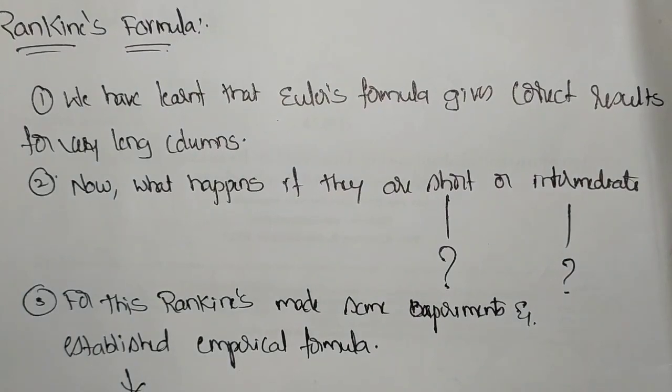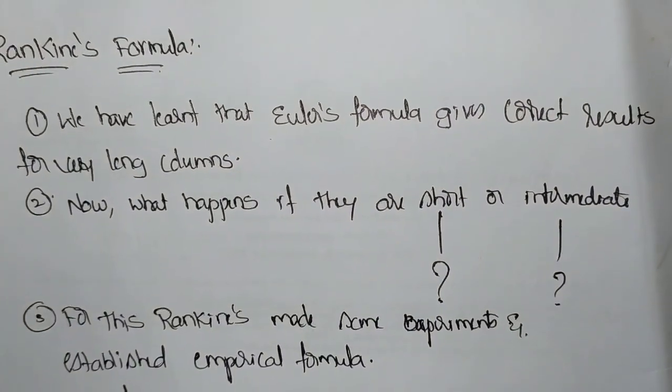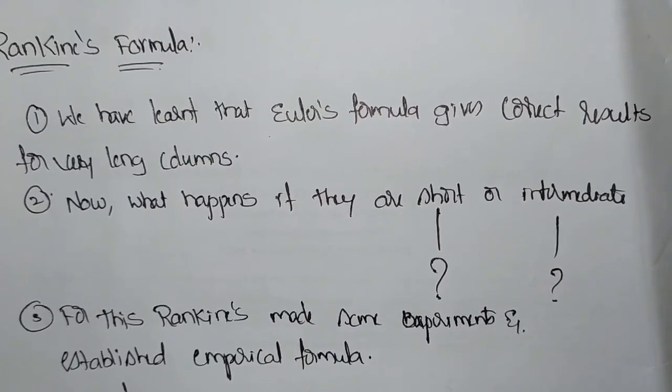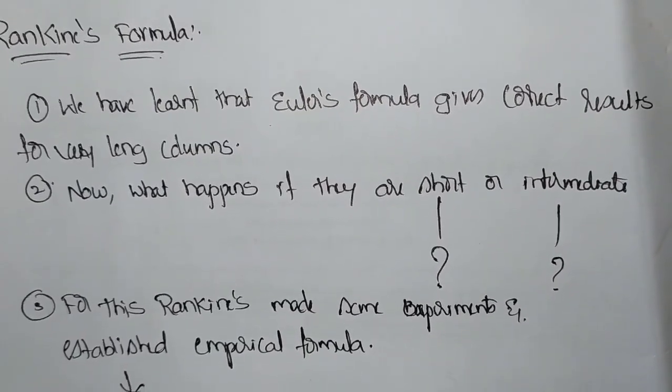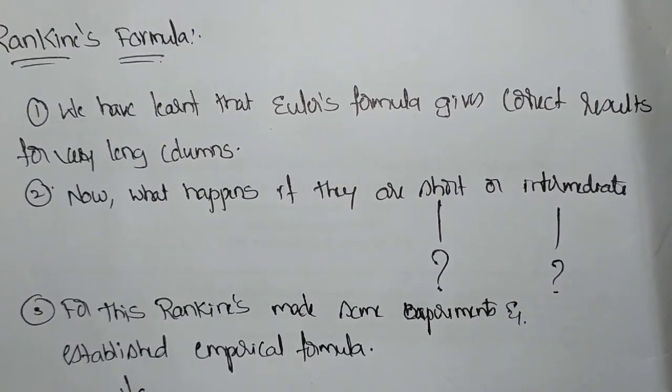In yesterday's class, we discussed different types of problems based on Euler's equations, which depend upon different effective lengths for different end conditions. Today we will discuss Rankine's formula. Rankine's earth pressure theory we discussed in unit 4. Now, on columns with different end conditions, we will see how Rankine's formula applies.